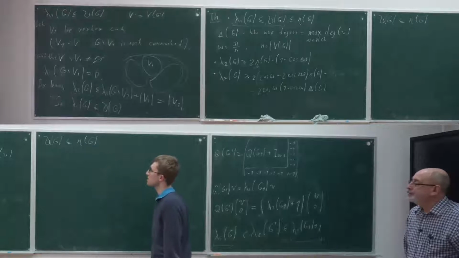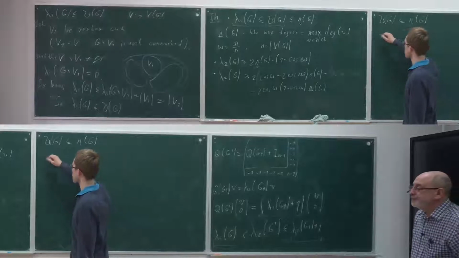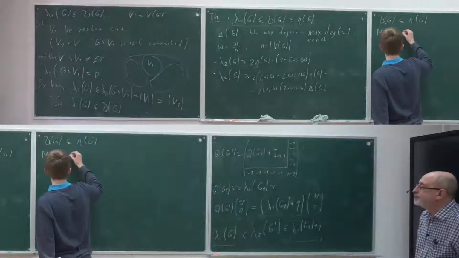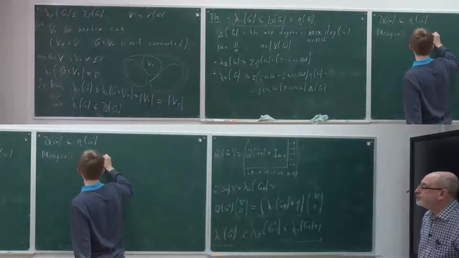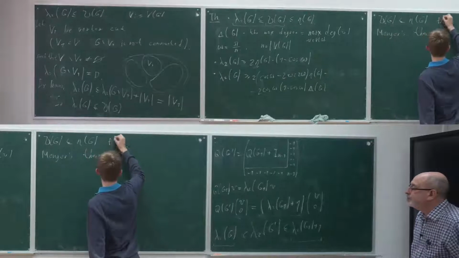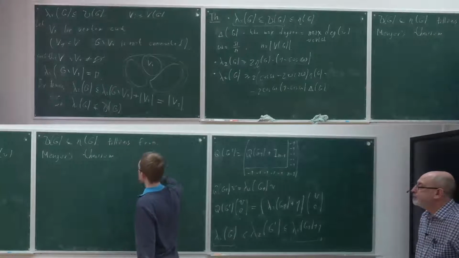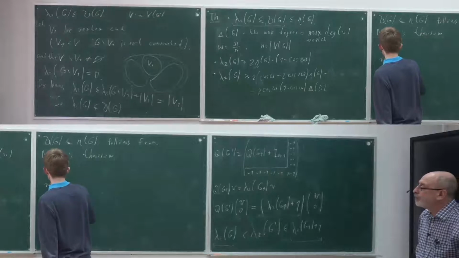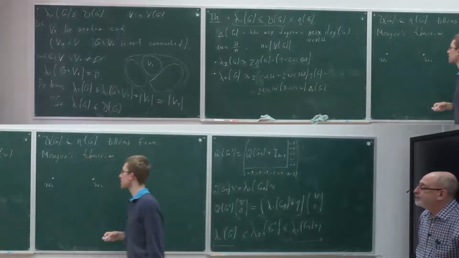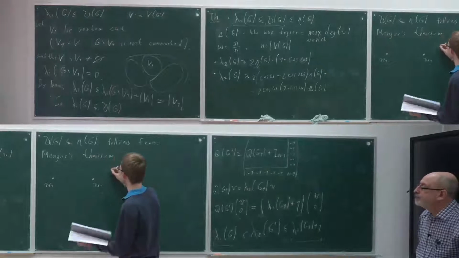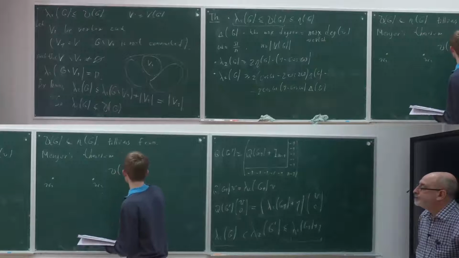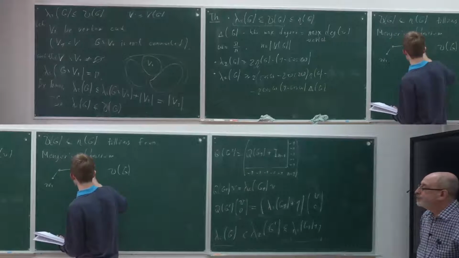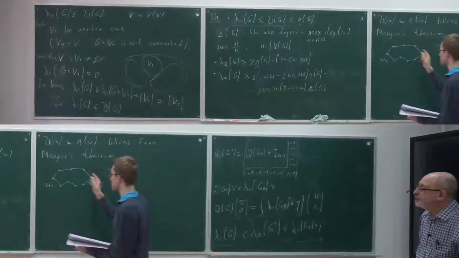It follows from such a classical result as Menger's theorem. Menger's theorem states the following: if we have any two vertices in our graph, then there exist nu of G paths from the first vertex to the second vertex, such that these paths have no common vertices